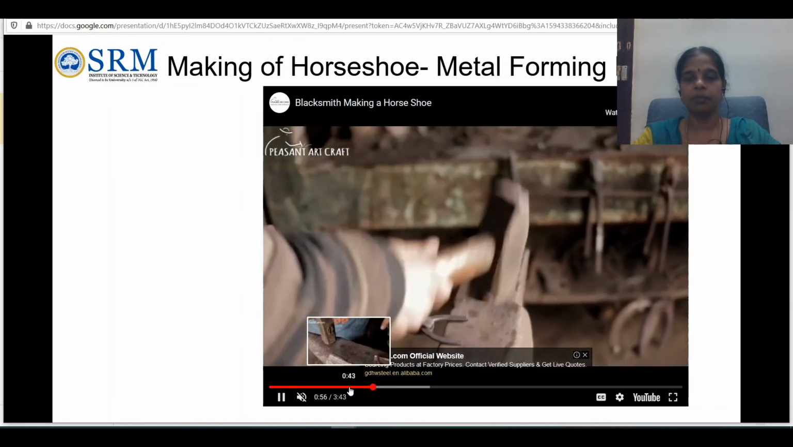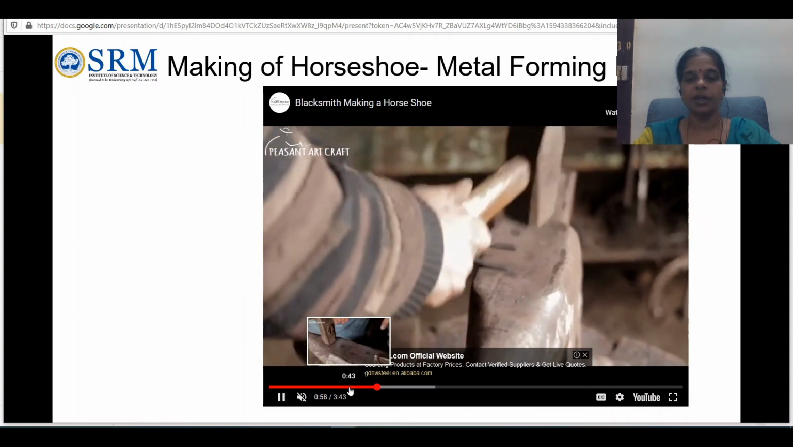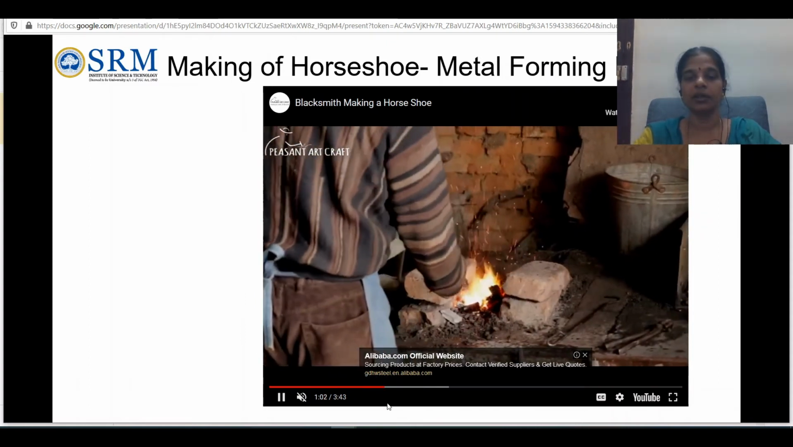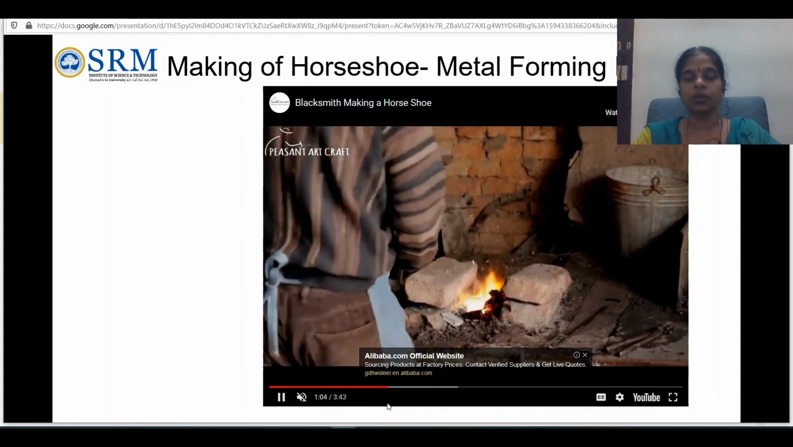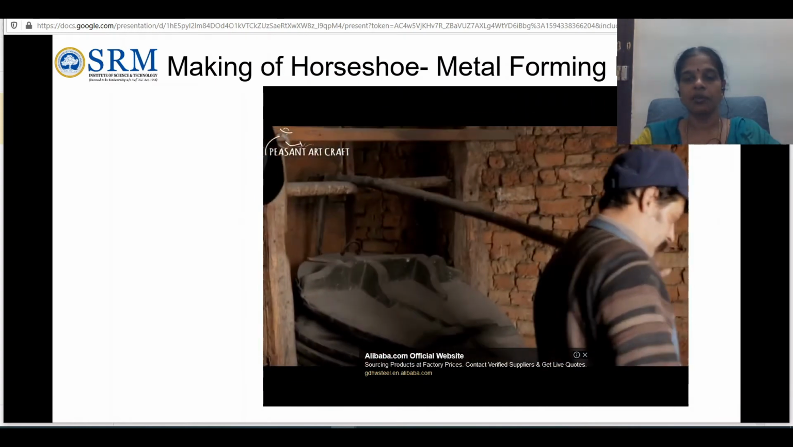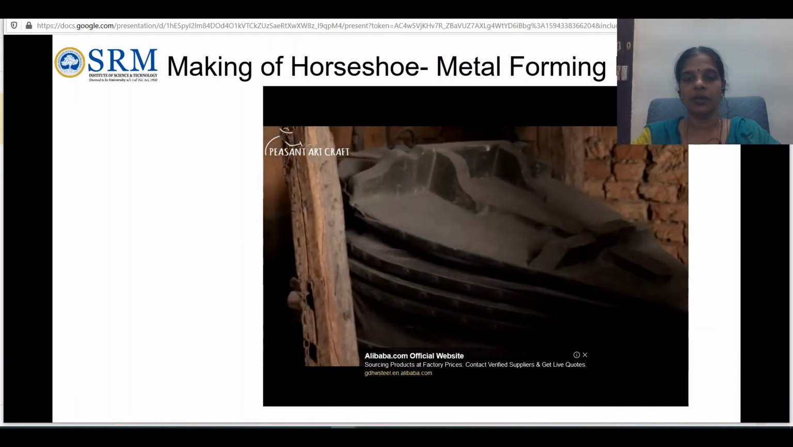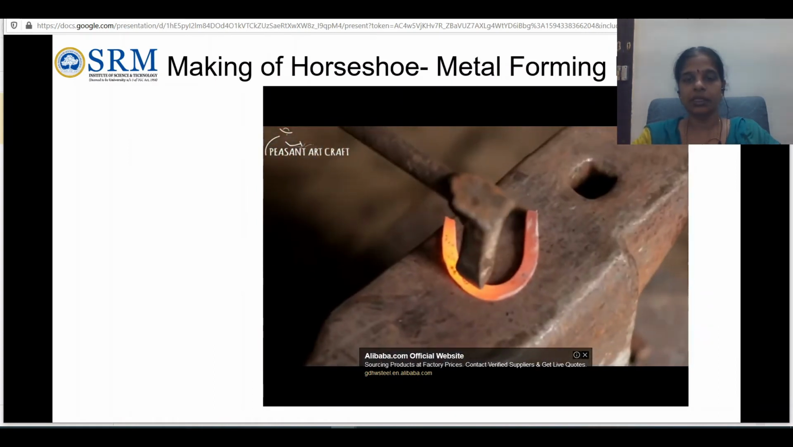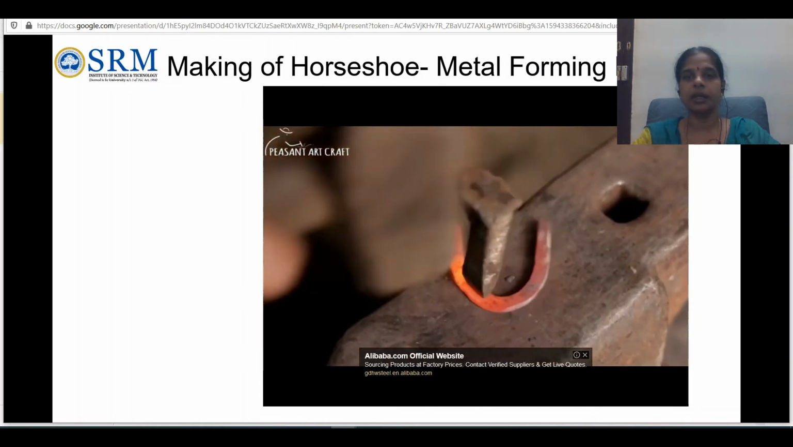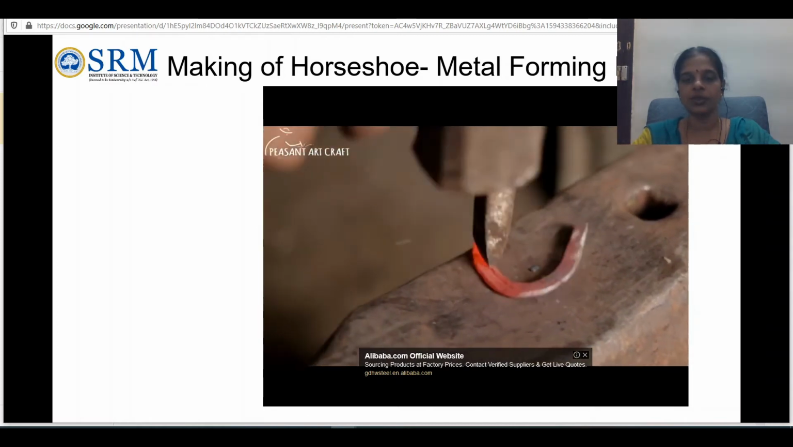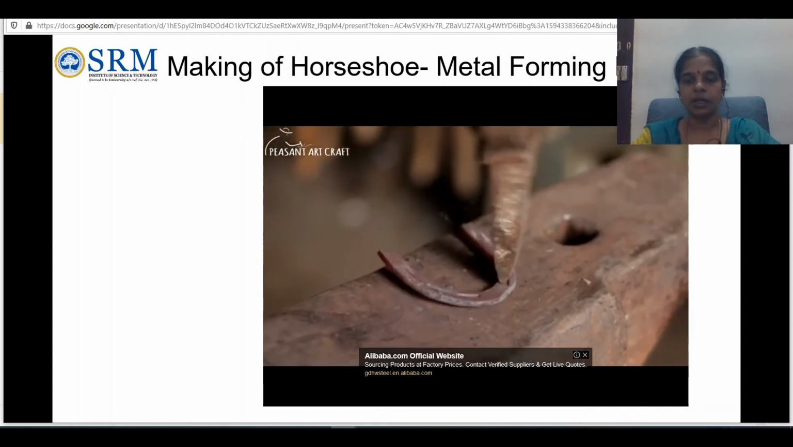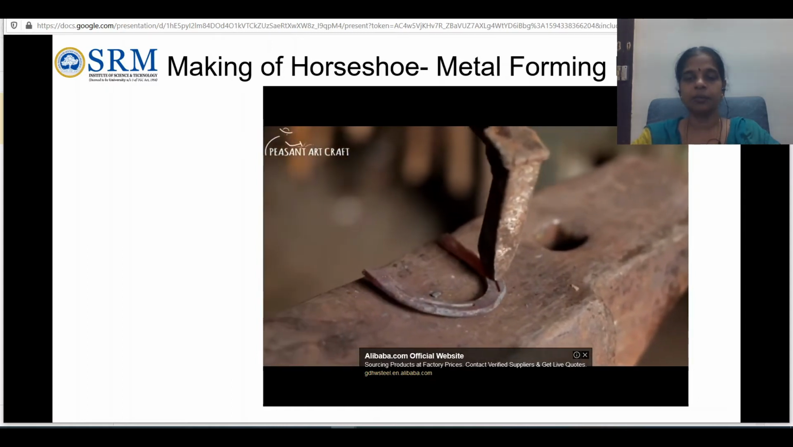So that's the anvil he is using as the reference. Now he is heating the metal. So what is the advantage of heating the metal? Because the yield strength of the metal is decreased when you are heating the metal, and then the ductility is increased because of that. That's why the people are heating the metal with a certain condition,